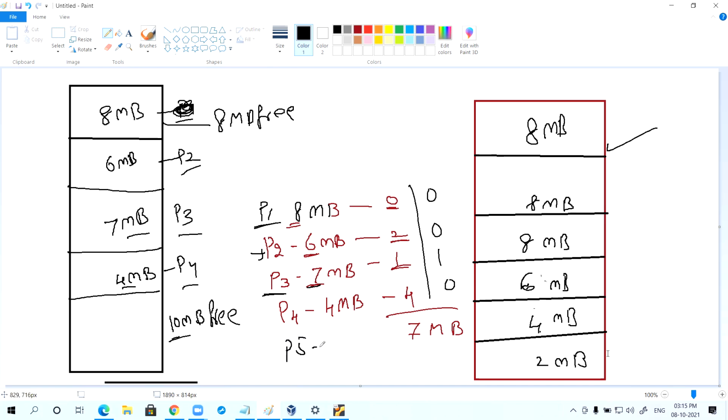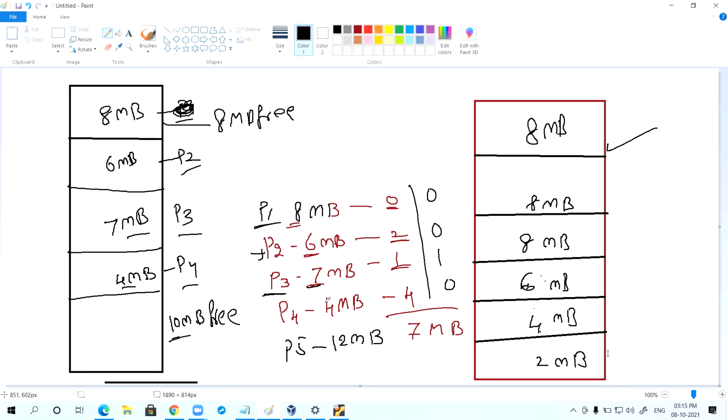Suppose a P5 process came, which required 12 MB. Now tell me, is a total of 12 MB free or not? 10 plus 8, totally more than 12 is present. But will you agree, contiguously 12 is not available? 10 MB is in one place, 8 MB is in another place.